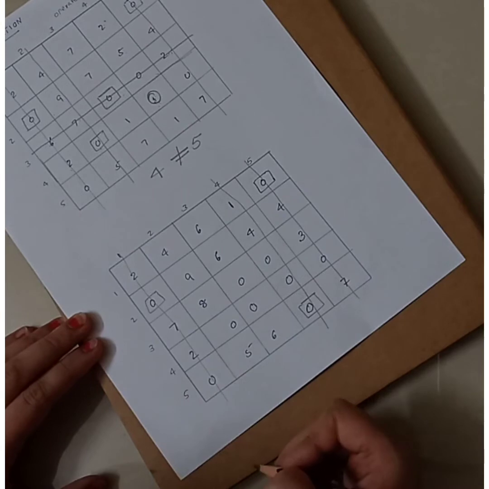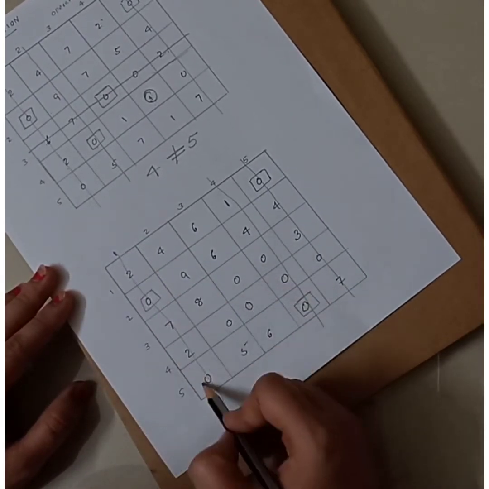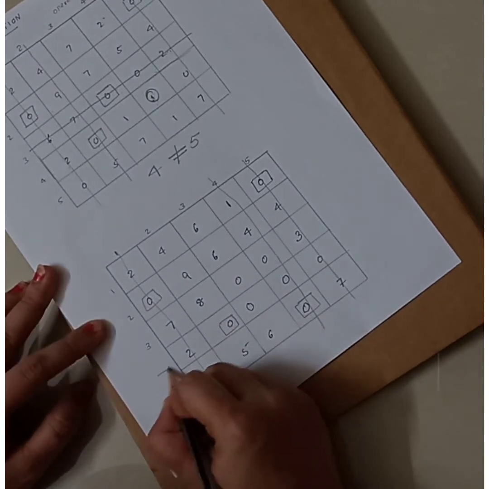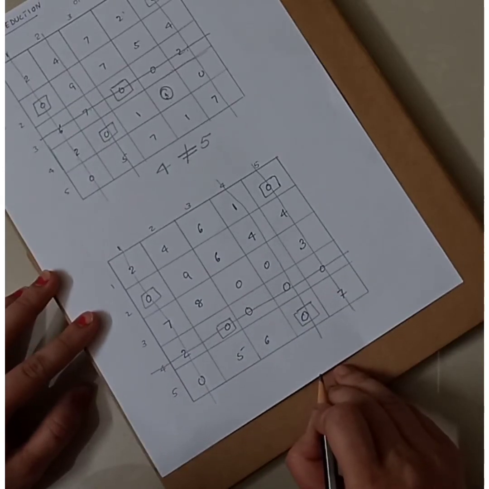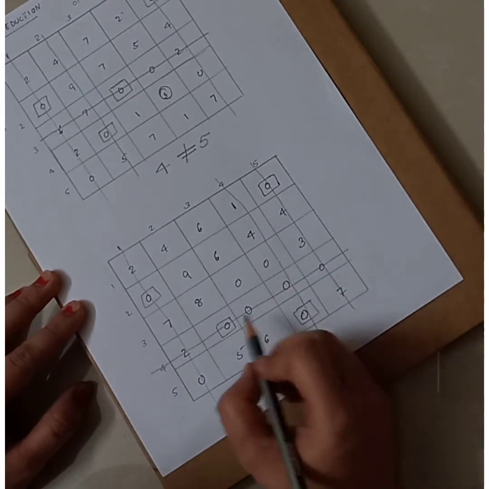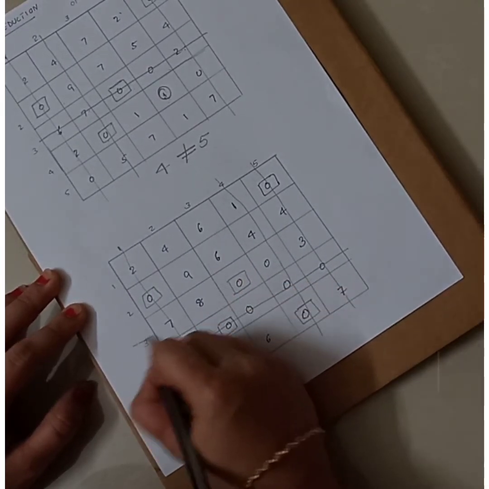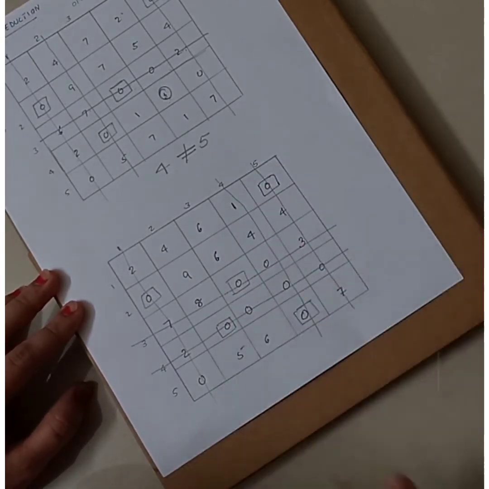Then after that I perform the column scanning. Again the same procedure is repeated, right? So column scanning, first column is deleted, second column there is only 1 zero, so I mark that and then I draw a horizontal line, right? Then I go to the third column. Third column also only 1 zero, already this is deleted, so again I mark that, then I draw a horizontal line. Then fourth column is deleted, fifth column is also deleted.